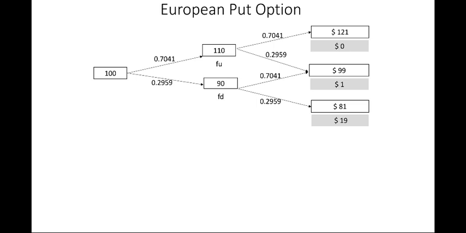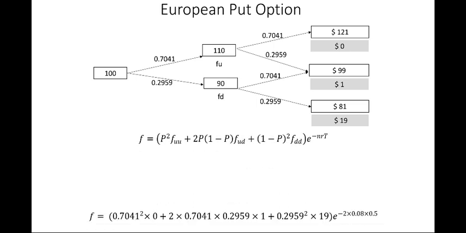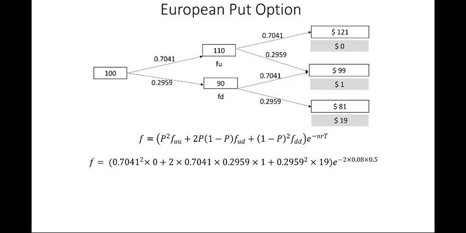Now we can solve this problem by just plugging in all the values into the given equation, and on solving you will get the value of the put option is 1.9202. So like this you can calculate the value of European put option. So today we have discussed one example of call option and another of put option. So in next session we will be discussing about valuation of American call option and put option.